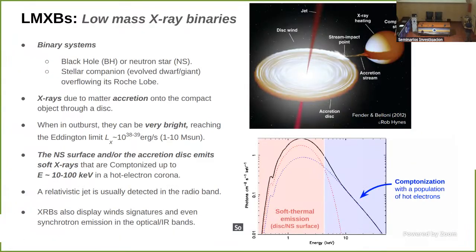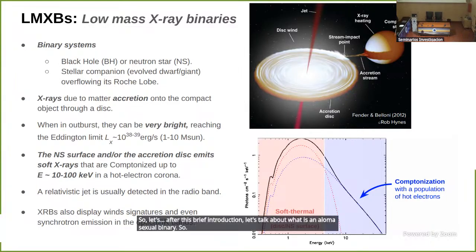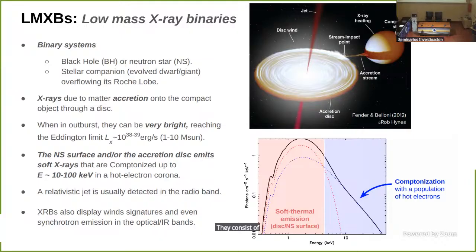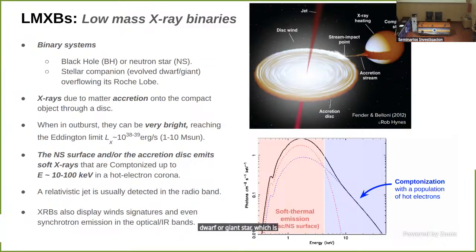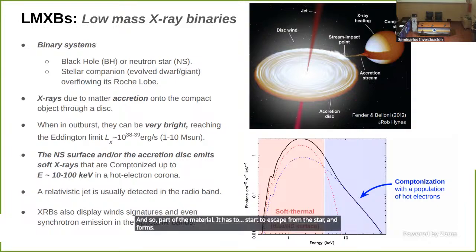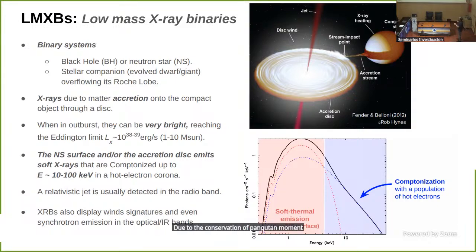So after this brief introduction, let's talk about what a low mass X-ray binary is. Essentially, they are binary systems, and they consist of a compact object, which can be either a black hole or a neutron star, and it needs a stellar companion. The stellar companion is usually an evolved dwarf or giant star, which is already overflowing its Roche lobe. And so part of the material has to start to escape from the star and, due to the conservation of angular momentum, forms an accretion disk